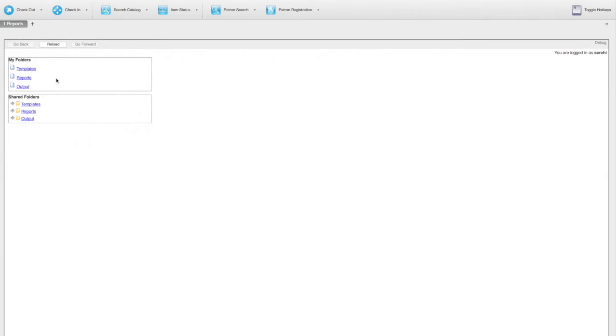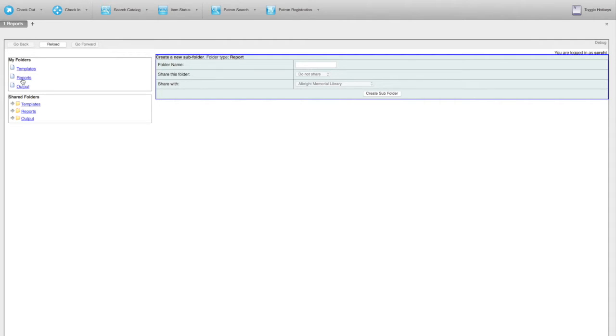To get started running reports, you're going to have to create folders within your My Folders. And to do that, all you have to do is click on the folder that you want to add subfolders to. So for instance, to run any report, you have to have a reports folder. This is where all of your previous reports will be saved if you ever want to go back and look at them again. So all you have to do is click on the folder. So for this instance, you're going to click on reports, and you're going to create a folder that you're going to save your